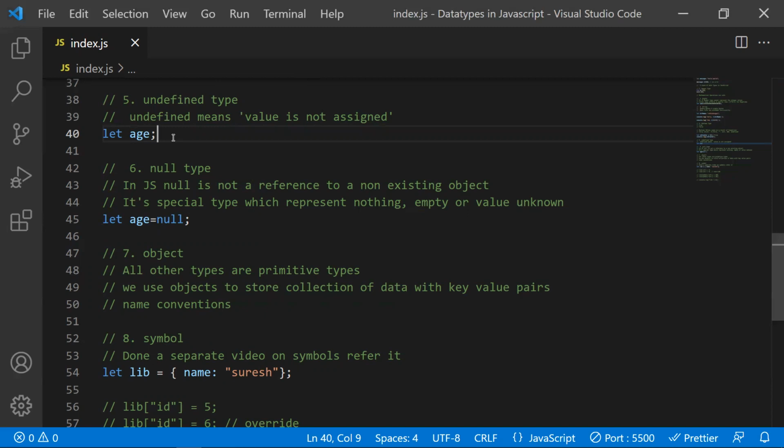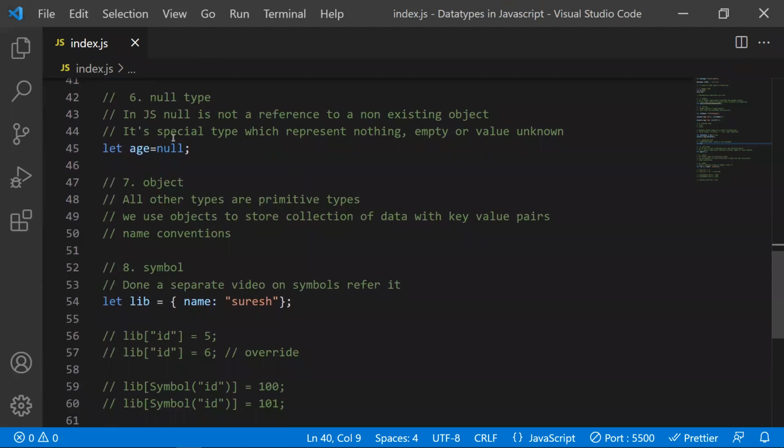Most of the time you see this undefined as an error. In that case, you have a variable but you are not assigning any value to it, yet you are trying to access it as a value. Or if you don't have an object property and you're trying to access that object property, then you will mostly get this undefined error. So this is the fifth type.